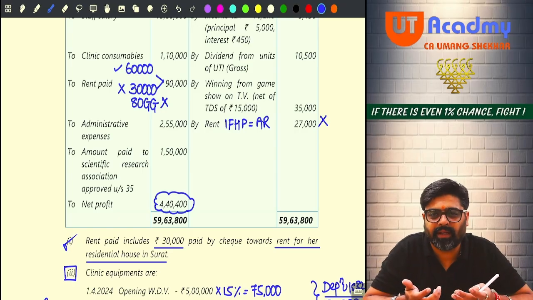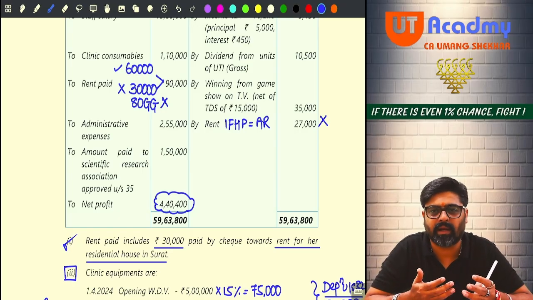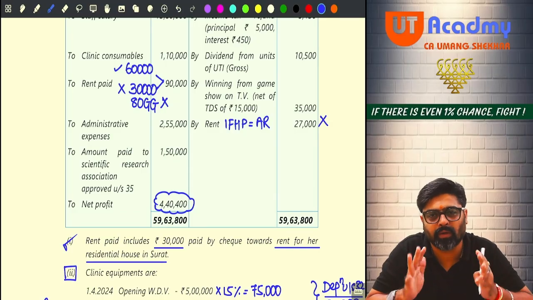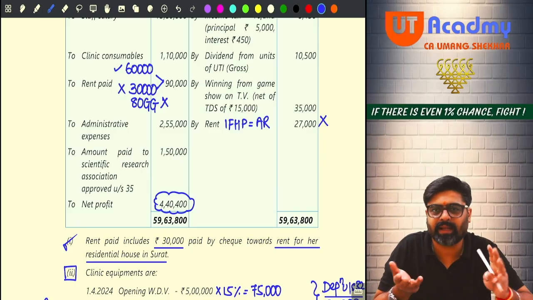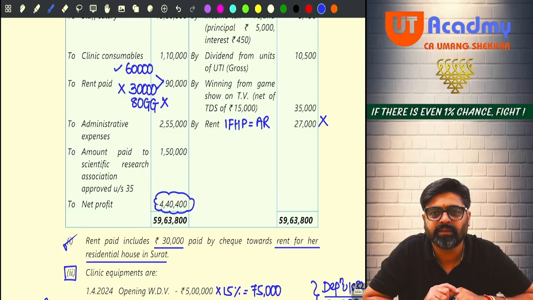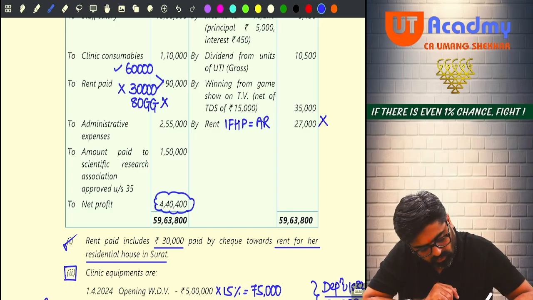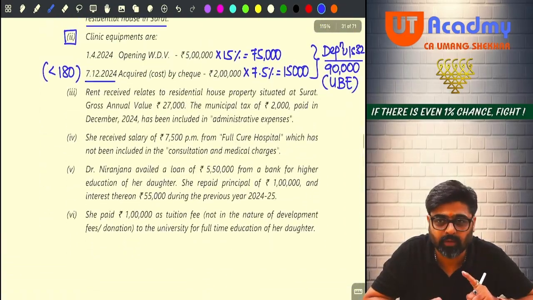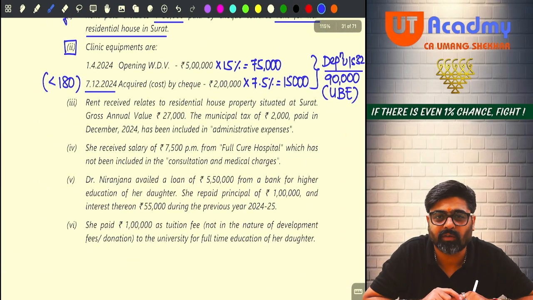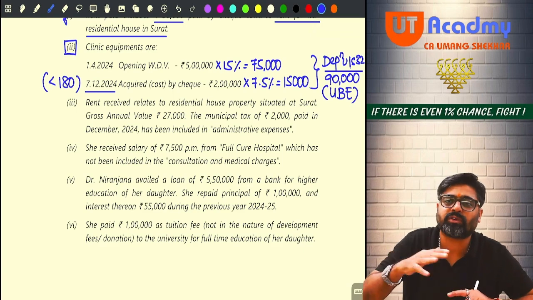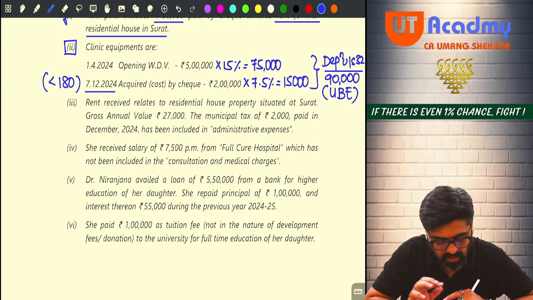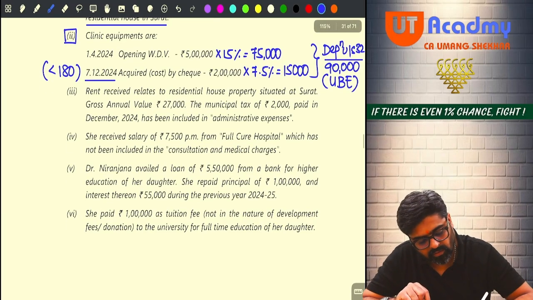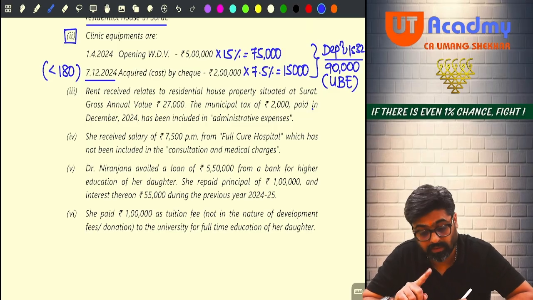And in the absence of any information regarding the municipal value, fair rent, standard rent of the Surat property, will you be able to calculate the expected rent of Surat property? No. So if there is no expected rent which you can calculate, in that case the actual rent only will be taken as GAV. And that they have also mentioned in the question. Gross annual value 27,000. If they would not have given 27,000, still I would have taken 27 only. Got it, sir? Now, the municipal tax 2,000 paid in December 2024,